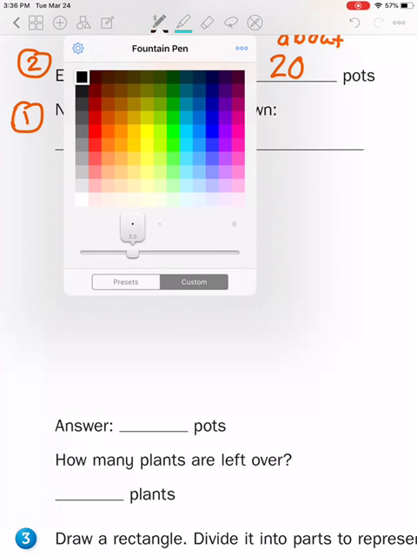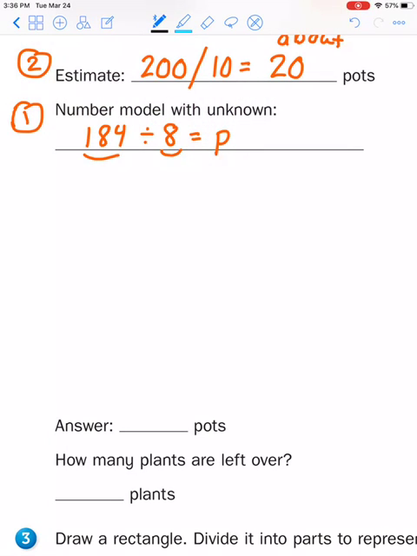I'm going to switch my color to black, and I'm going to do 8 divided by 184. I'm going to draw my bar down here to help me solve. Can I take out 10 groups of 8? Remember, we just did this in the last lesson. Oh, I put the brackets on the wrong number. If I did 10 groups of 8,